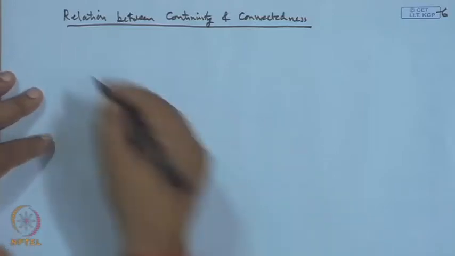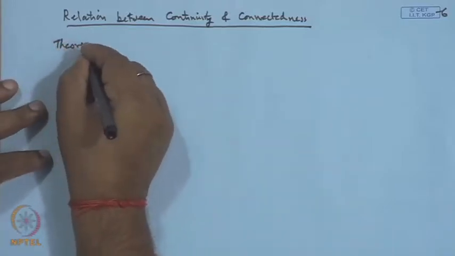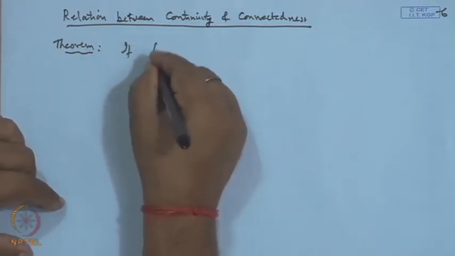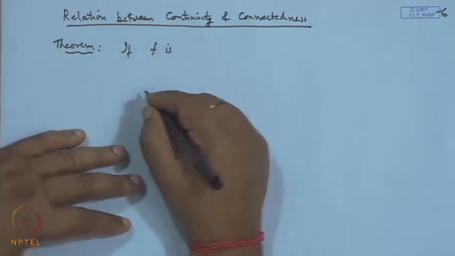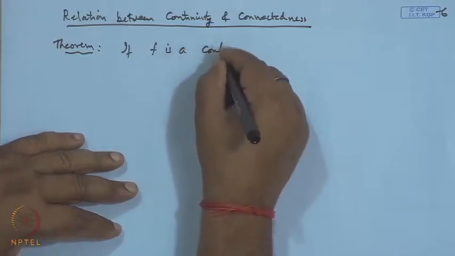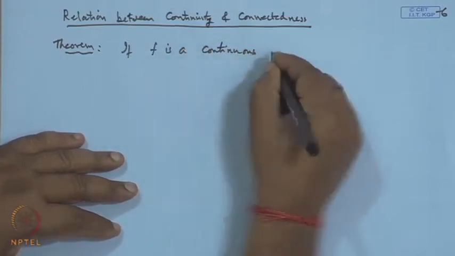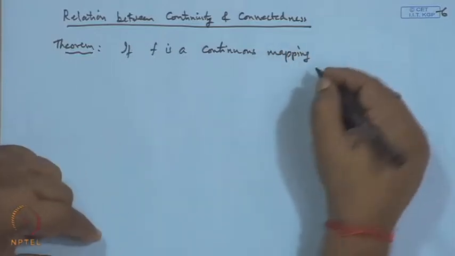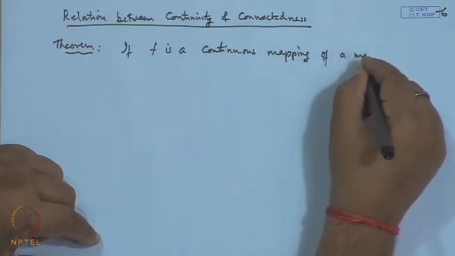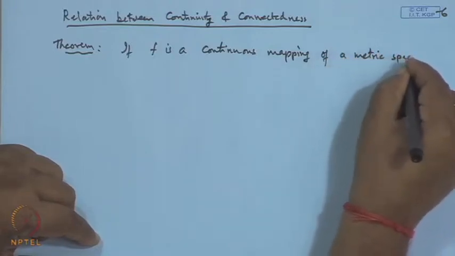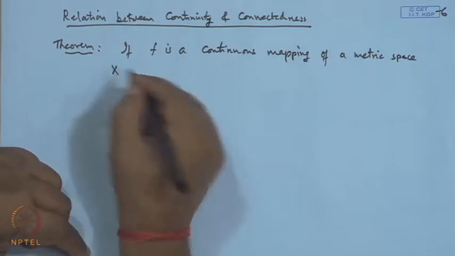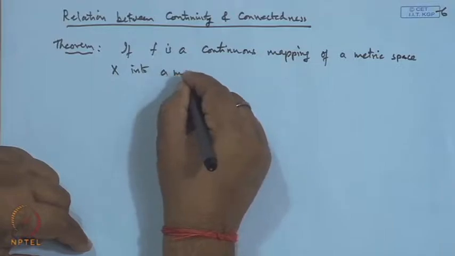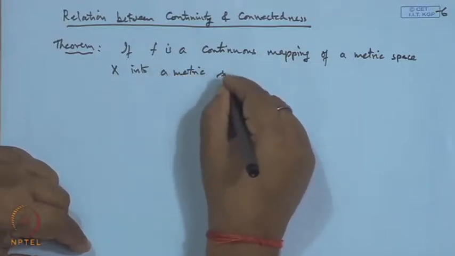This also we prove, we write in the form of a theorem. The theorem is: if f is a continuous mapping of a metric space capital X into a metric space Y,